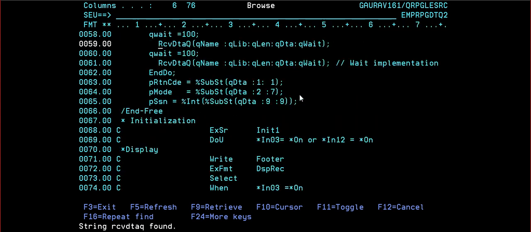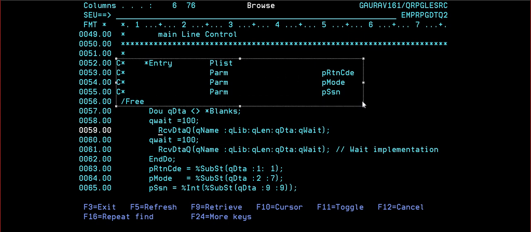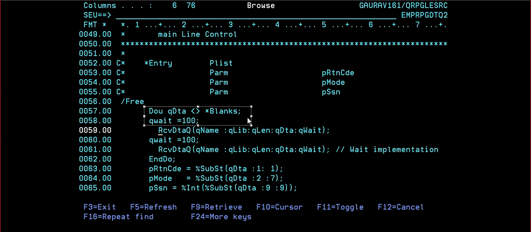So we will go to receive data queue. If you see here, earlier we did it through star in triple list, and I commented that out. Instead of doing that, I'll be checking here: do until data queue, and I put the queue wait as 100 seconds. So after each 100 seconds it will check whether data came or not.